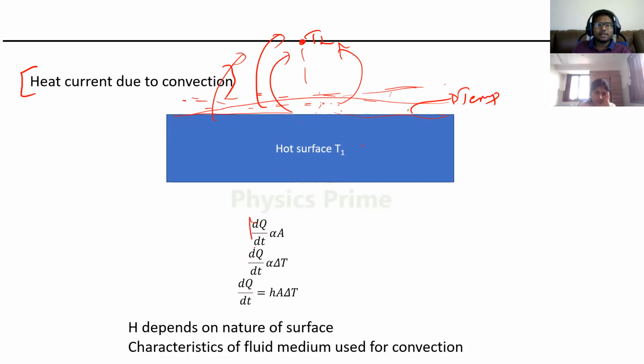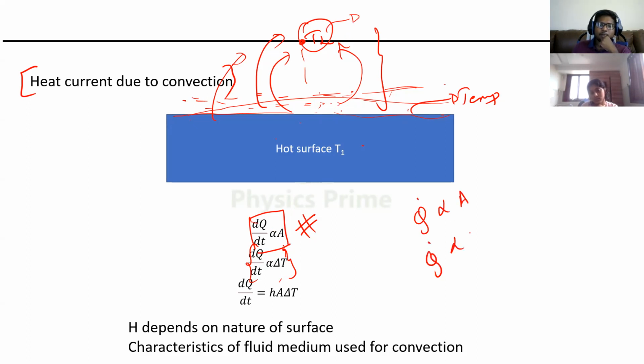So that means the rate of heat transfer is directly proportional to the area of cross section. Then the rate of heat transfer is also proportional to the temperature difference. A higher difference means more molecules will go in the upward direction, because the density will be very low here and very high in the top layer. So the transfer of molecules will also happen very quickly, right? That means the rate is proportional to area of cross section and proportional to temperature difference.